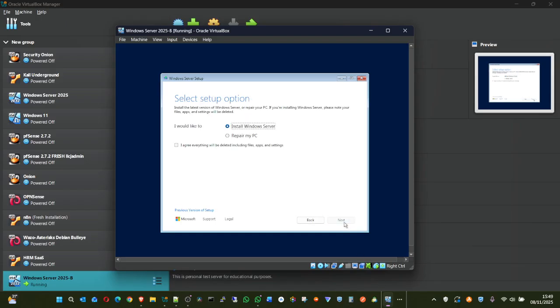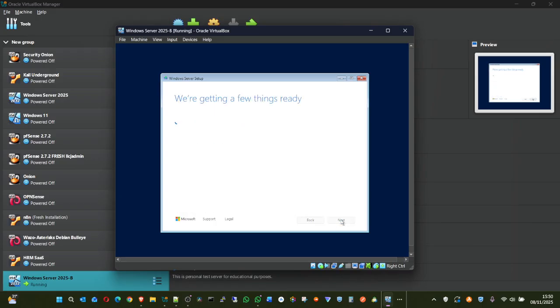Install Windows Server, yes. Or do you want to repair my PC? Let's say you have a Windows Server that is not booting properly. You can say to repair it, or maybe it's having some issues. You can say repair, meaning that you already installed it on that computer before, but if it's fresh, you click on install Windows Server. Then I click on I agree, even though you've not read it, but we always agree anyway. Who cares about reading grammars?